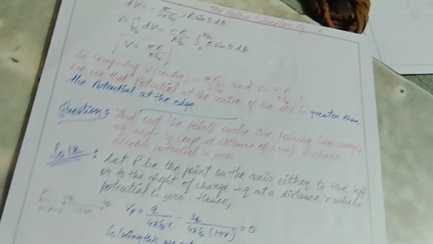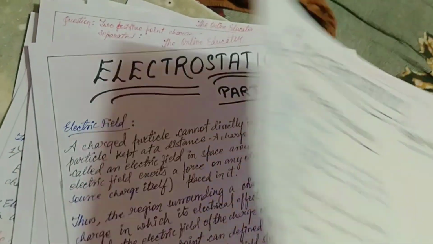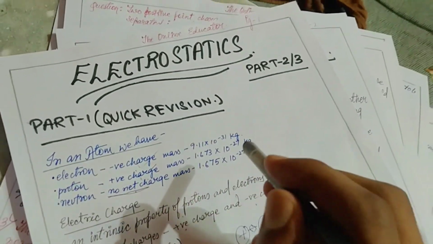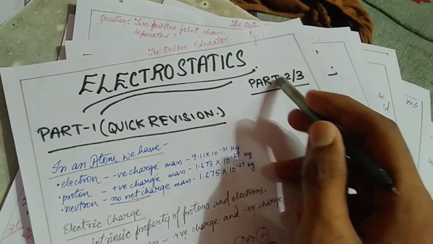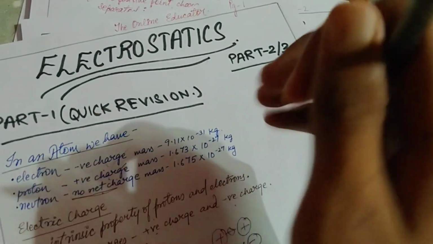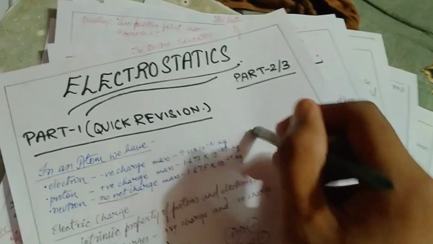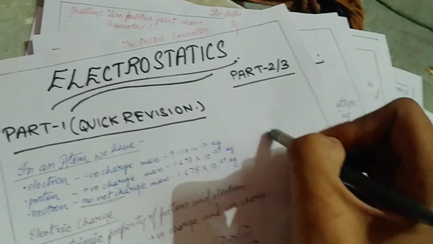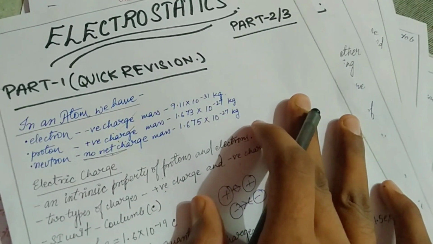So here we complete electrostatics part 2. Okay, electrostatics part 2 is completed. The PDF form will be provided in the description, and please stay tuned for the rest, the last part of this branch of physics electrostatics. Maybe I'll be covering part 3 as 3.1 and 3.2. So the last part will come soon.